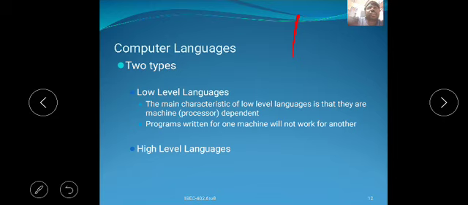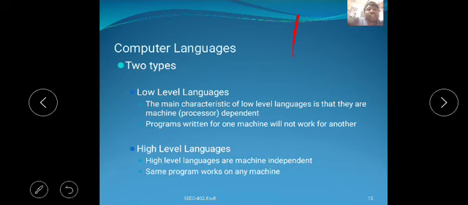That means if you are using a low level language and performing the operation on a particular machine, it is not applicable to all machines. The programs we write will be applicable only to that particular machine. If you change the machine, the processor will not understand these instructions, because the written codes are applicable only to that one machine. The program written for one machine will not work for another machine.